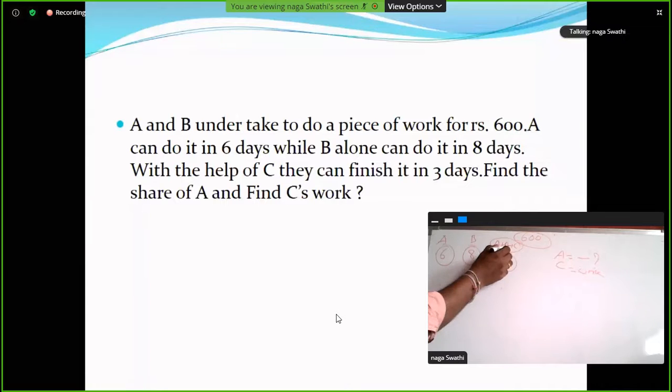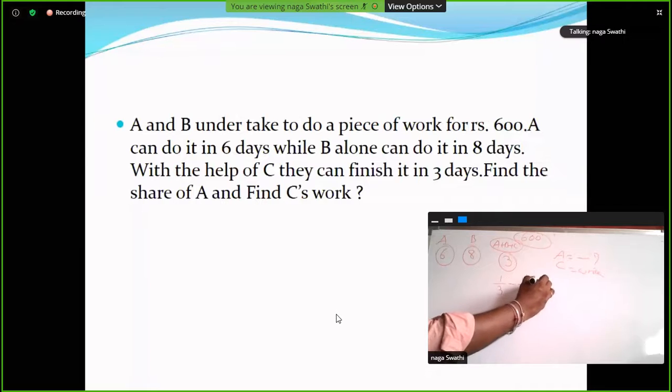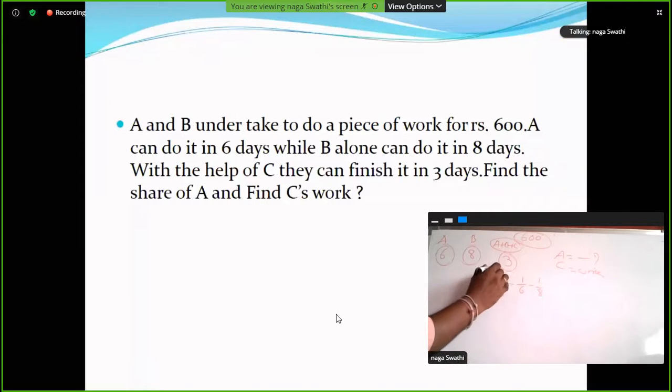A plus B plus C minus A minus B. Okay, so this one is 1 by 3. A plus B plus C is 1 day's work, 1 by 3, right? 1 by 3 minus 1 by 6 minus 1 by 8. So the first one is A plus B plus C, this one is minus A and this one is minus B. A and B cancel. Next, C's 1 day's work